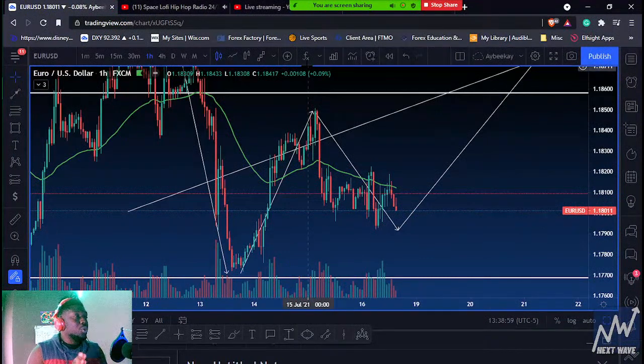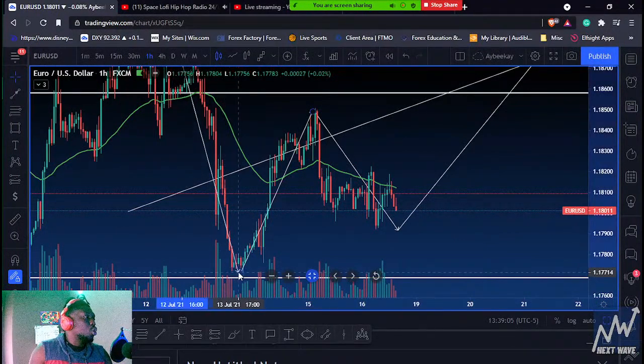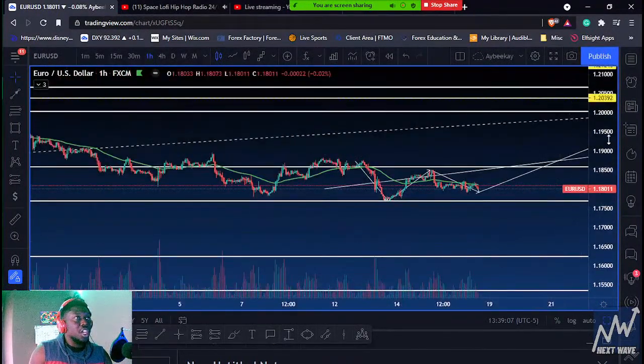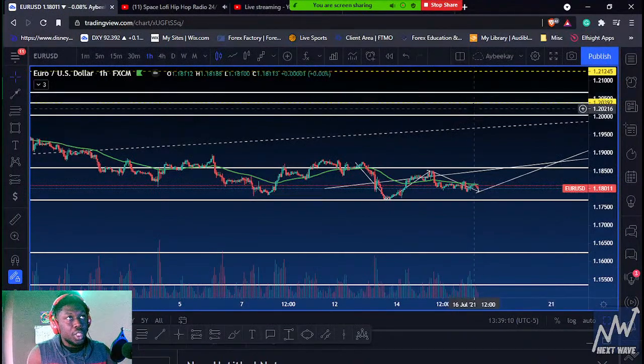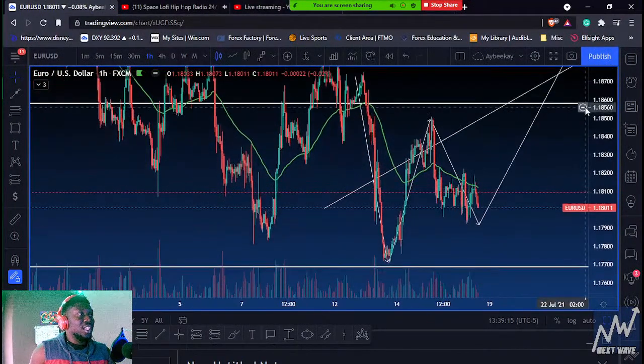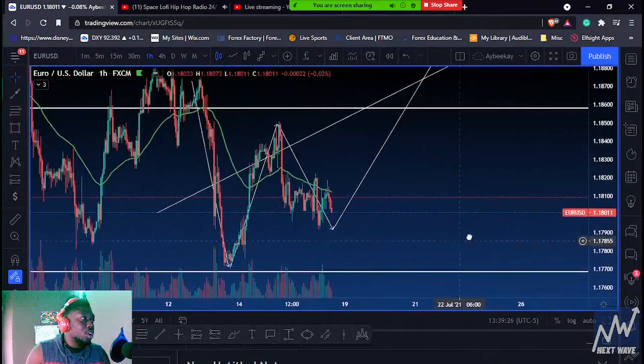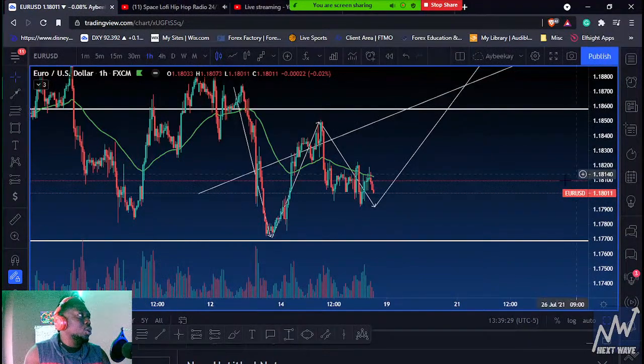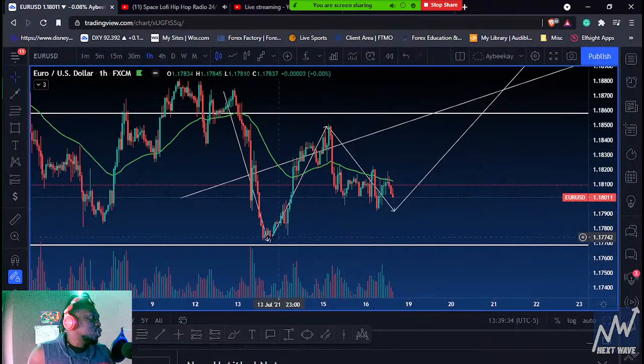Because again, I am still overall bearish on Euro USD. I do want Euro USD to sell, but I want it to correct first before it sells. I would want it to come up to, again, 1.20392 or 1.21245 before I look to sell it for a swing, not for a day trade, for a swing that I'm probably going to hold for a week, maybe even 2 weeks. You know, who knows? So that's what I'm looking for on Euro USD. If my patience lets me hold a trade for 2 weeks, then I'm probably going to hold that trade for a very long time. But yeah, so like I said, from this bullish move, the retracement,